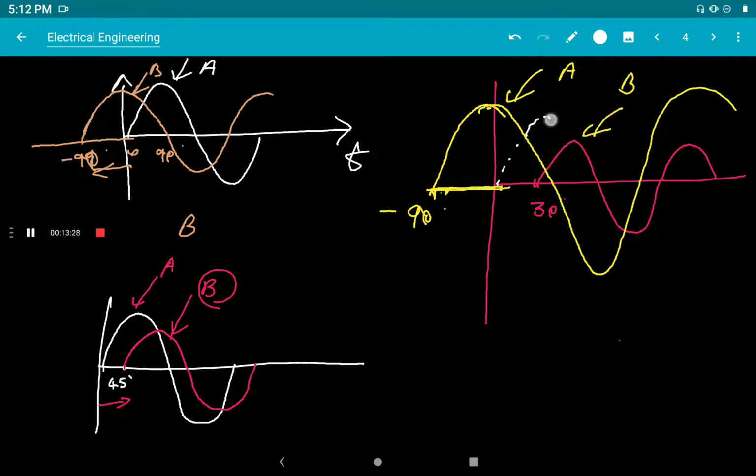This is our reference wave. Okay. So reference wave in the 90 degree